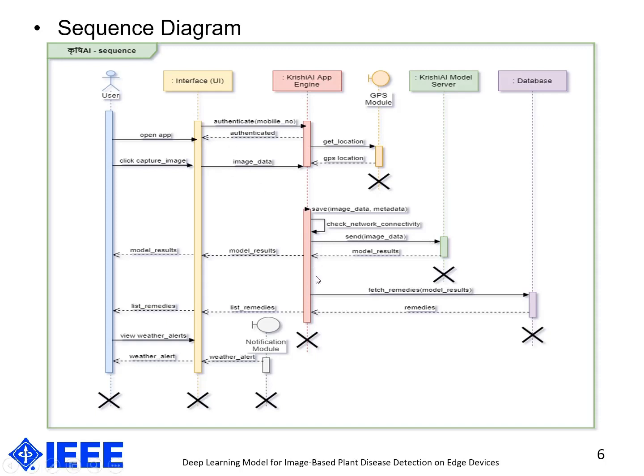The Krishi AI app engine then queries the database for effective remedies and preventive measures based on the disease that has been detected, and the remedies are then sent back as a list, which is then shown to the user on the UI screen. Apart from this, as I mentioned before, the user can also view weather alerts and other specific things related to a particular day. Let's say the weather content, the humidity, etc.